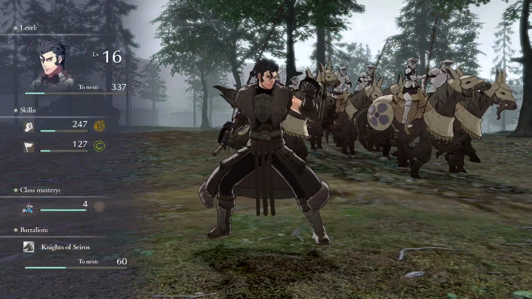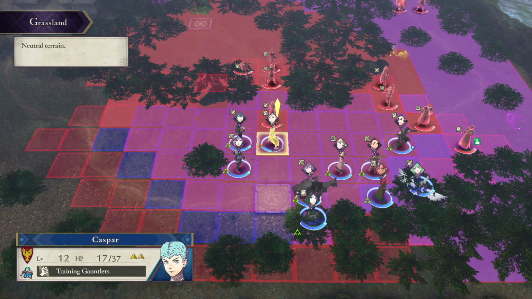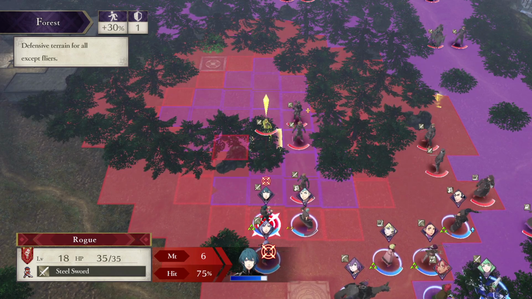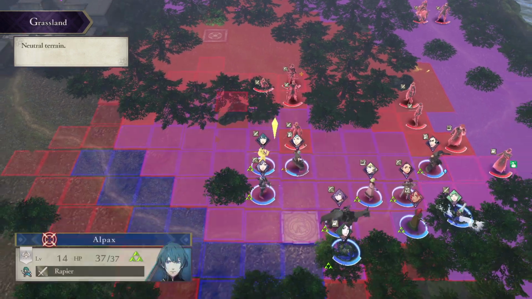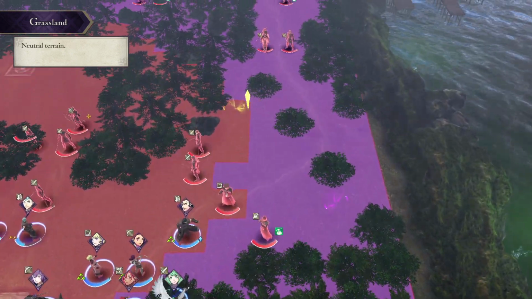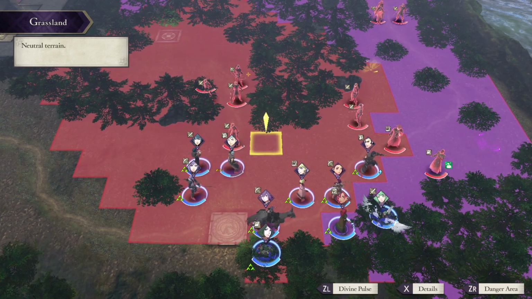Okay. So here's what I'm thinking. I'm thinking we hit the 4-man battalion on this group, and then we kill this guy. I actually thought this was the archer originally, but it does not appear to be. This does mean we need to move Caspar first. I could move Caspar. We also need to kill all 4 of those, right? This is high priority stuff, so...